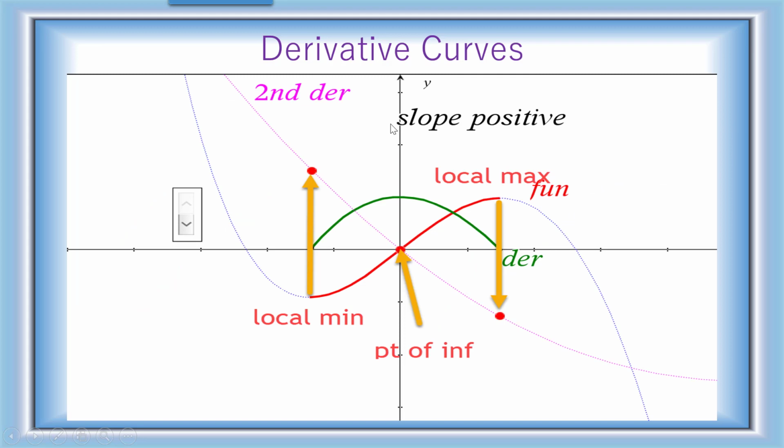Now when we are plotting derivative curves, we really need to be looking at three things. The first is where is the gradient 0. So the red one is my original function, the gradient is 0, and the green curve is my derivative curve. Just ignore the second derivative curve for the time being, but if you look at the green curve, it just touches the x-axis, and that's when my gradient is 0.